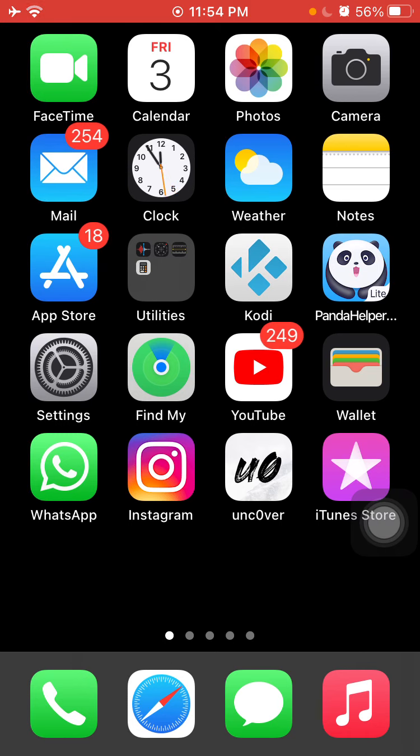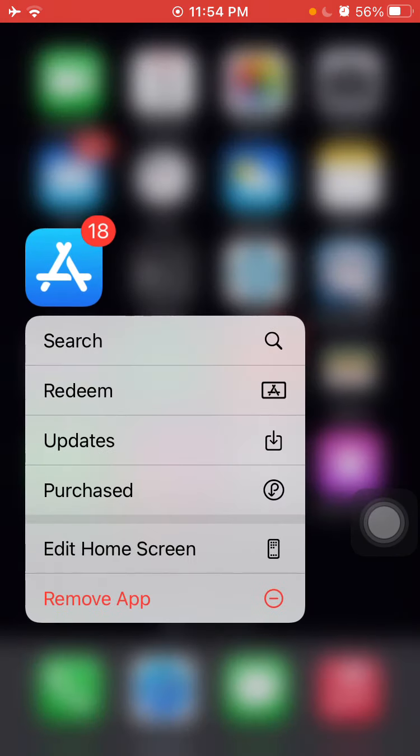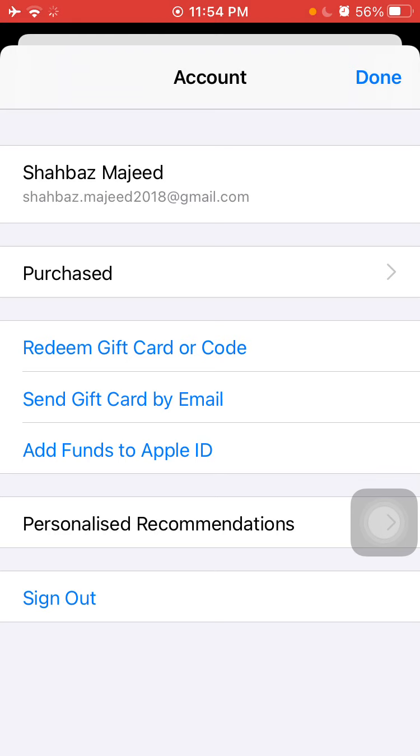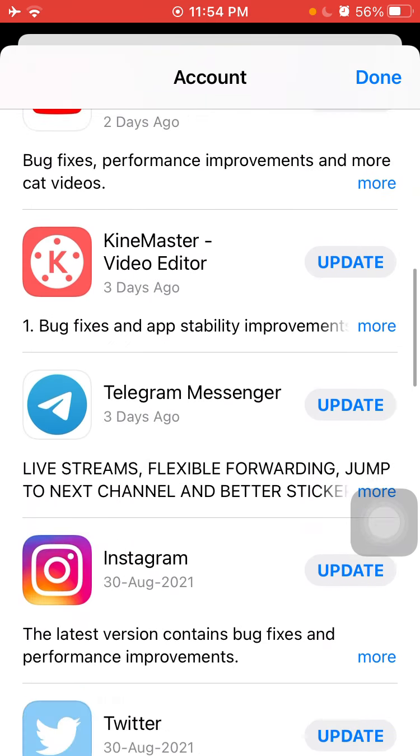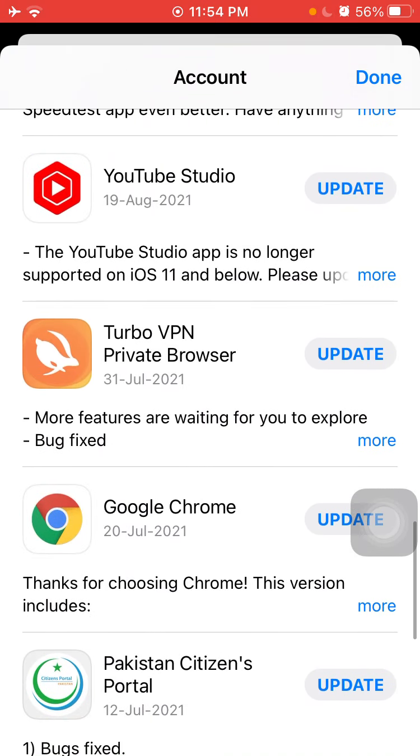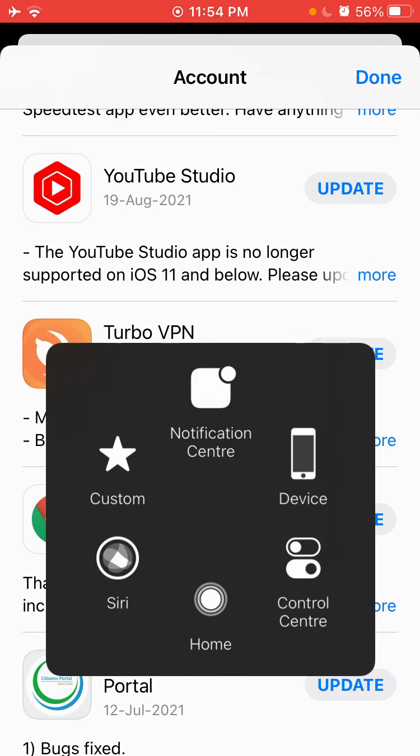The first thing that we have to do: tap and hold App Store and a menu will appear, and we have to tap on Updates. Now check the list if there is any update available for WhatsApp. If there is, then tap Update to update WhatsApp. After that,